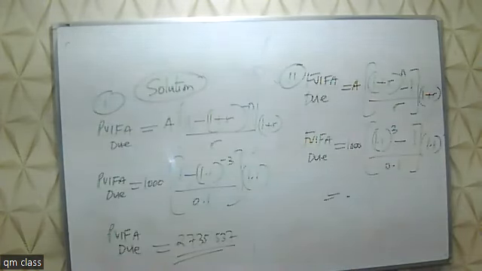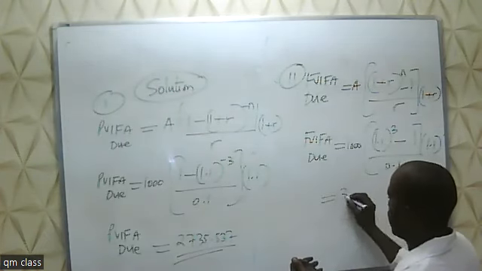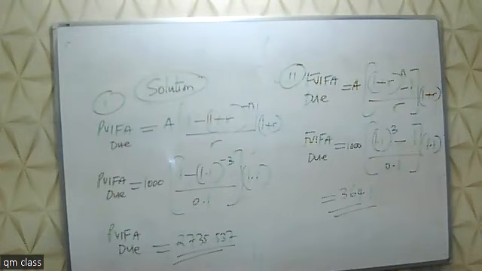The formulas are the ones that you really need to understand. This is a very, very important topic so that you understand the concept of the time value of money and are able to apply it. The future value is giving us 3641. That is the future value of the annuity due. This is what this topic is all about.